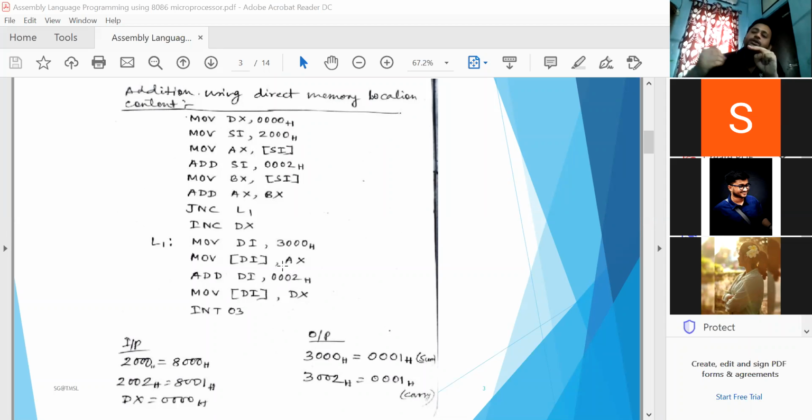How can you go to 3002? If you add 0002 again to DI, that's why ADD DI, 0002, then MOV [DI], DX. That means the DX content will be saved in the 3002 memory location, and then stop the program. So the result will be stored in 3000 and 3002, these two memory locations, as sum and carry respectively.